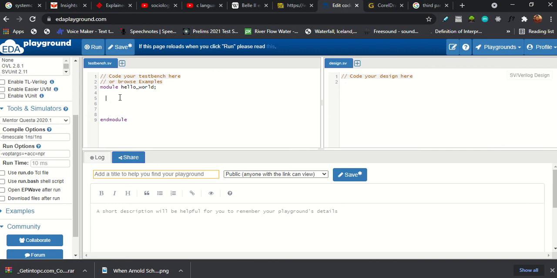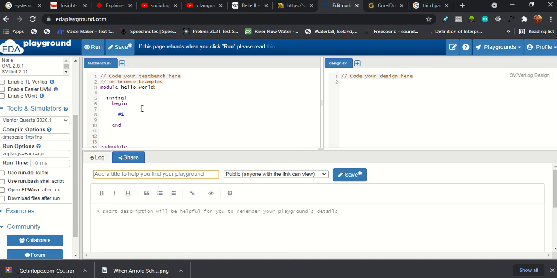Whatever processes are running will lie inside initial, begin, end. So initial is basically a loop. Every time you run the module, the module will run the code inside the initial statement. Whatever code is inside this particular statement will run. So we will write our code here.